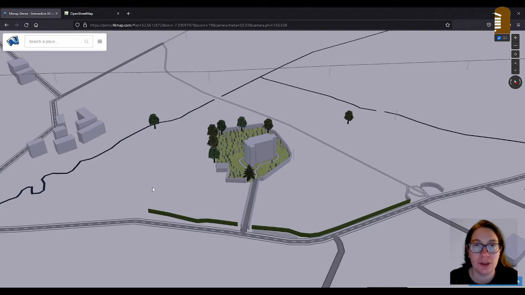Some people had voiced some interest in how I map the more complex buildings like churches in 3D, so I thought I'm going to make a video about that. You might have seen the one about the Magorban Church and also Killinall Church. There wasn't a church available left over from the trail that I could do like that with little turrets and stuff on it, and I'll show you a picture here.